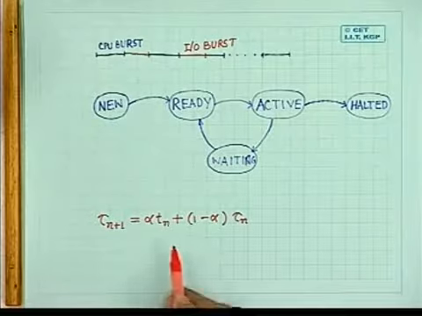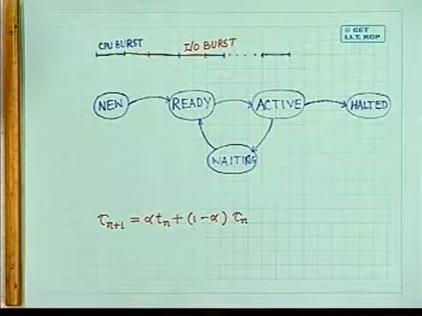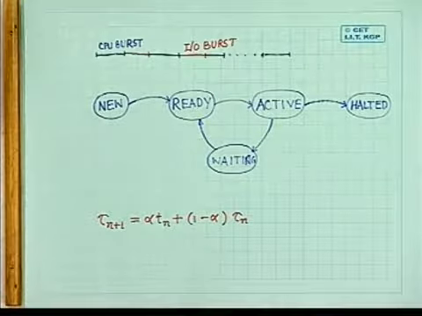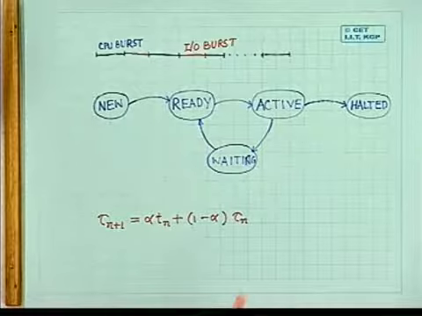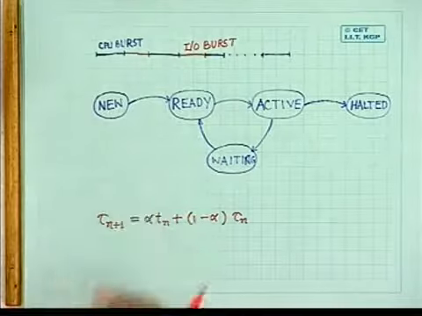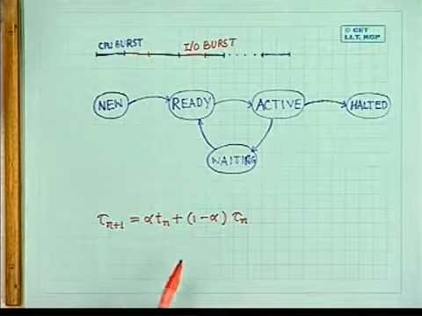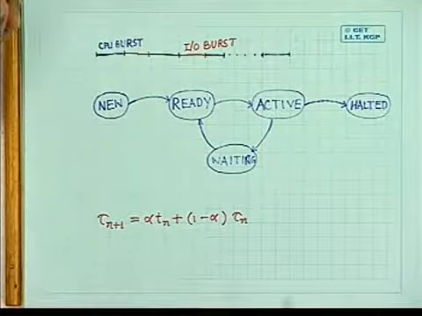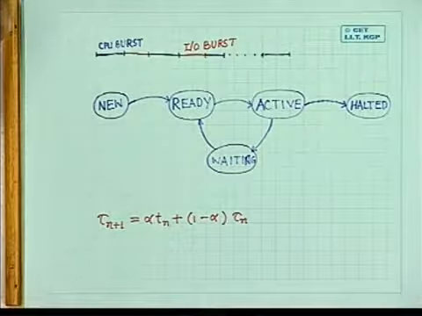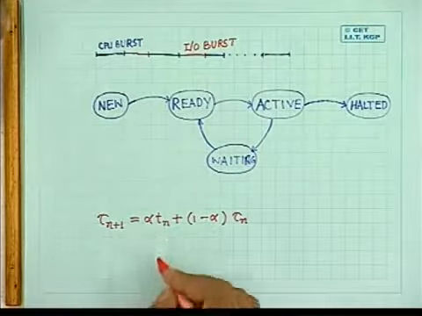Now the question is, how do you get the first CPU burst duration? That is tau 0. Because till that time the job has not been executed for any CPU burst, so I do not have any past history of the job. So usually what can be done is, for the first CPU burst, you execute the job on a first come first serve basis. Once you execute the job for the first time, I know what is T1,